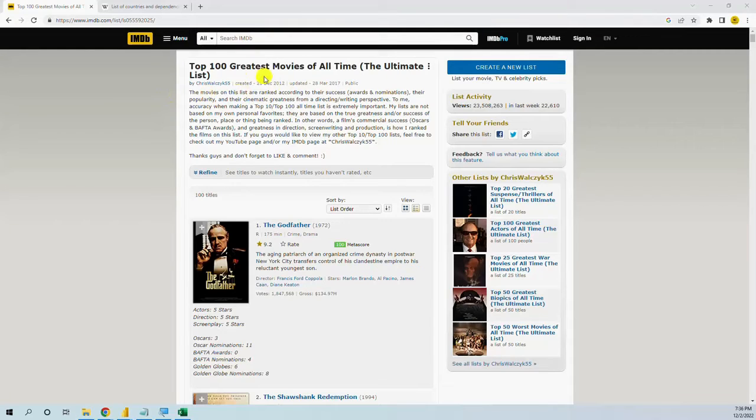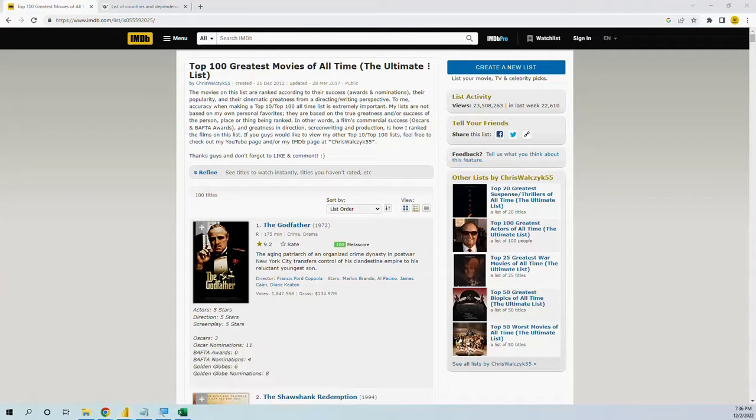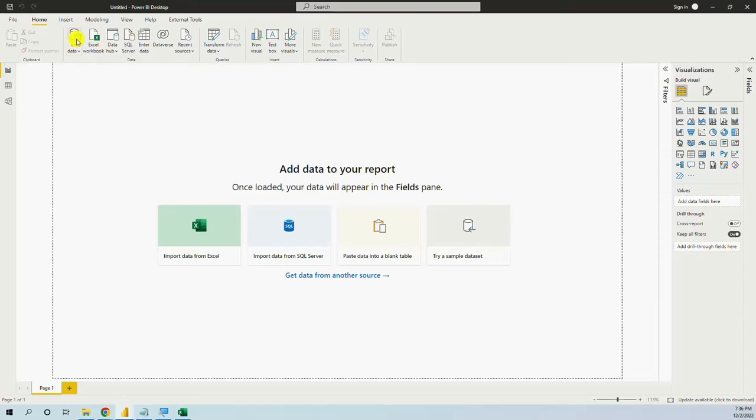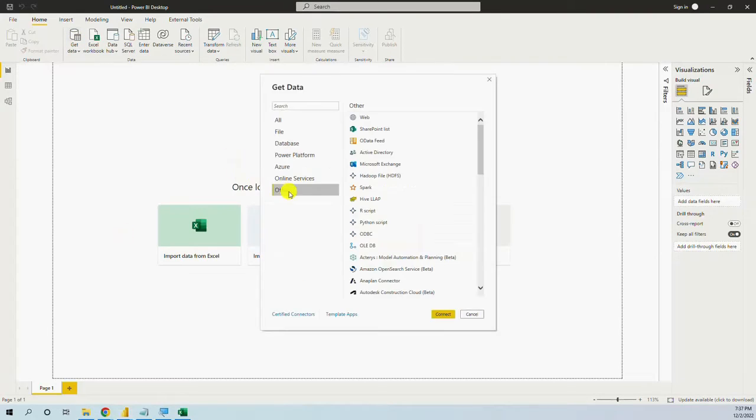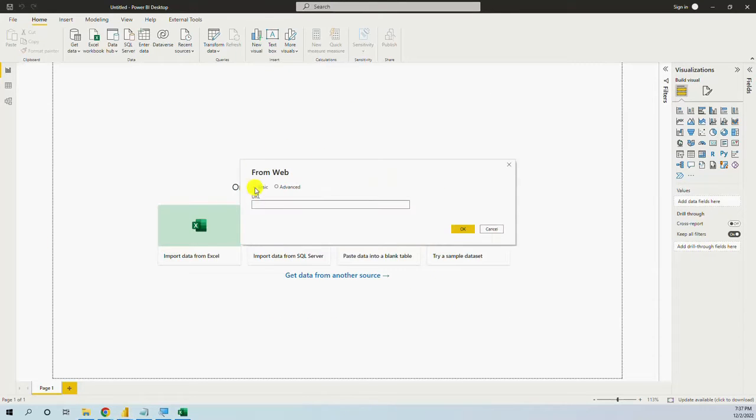We will start with Power BI. We will get the list of the 100 greatest movies of all time into a table. So we copy the link and we go to Power BI. Get data, other from web. We paste here the link,